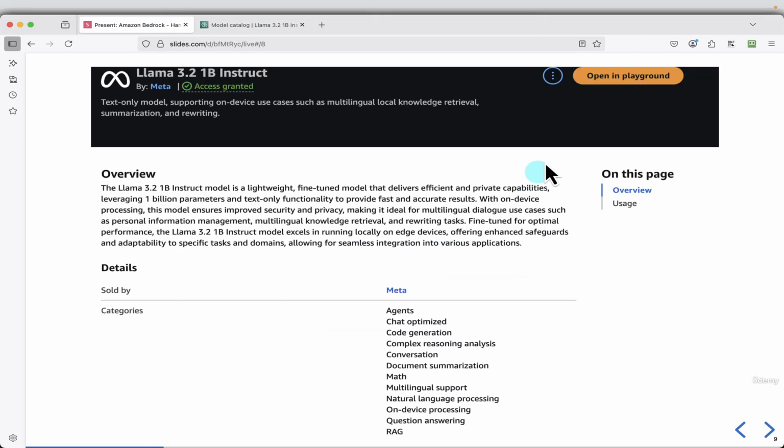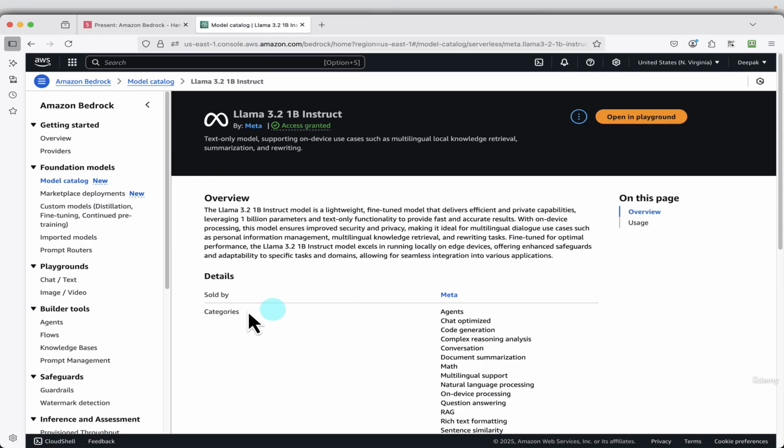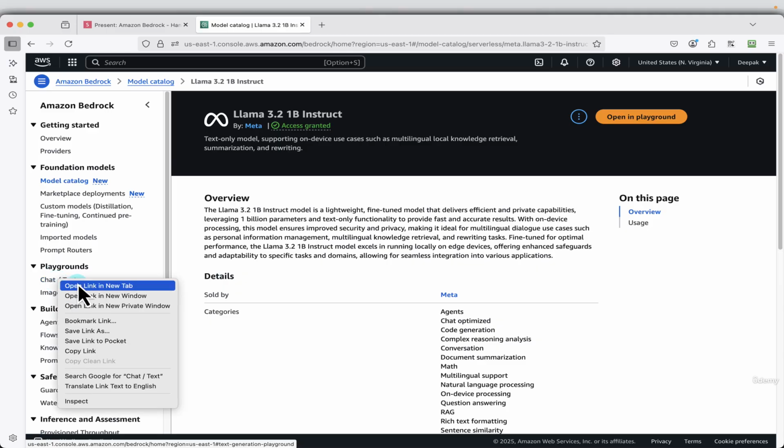You can open the model directly by clicking open in playground, or by going to the playground also. In this case, for example, I have opened 3.2 1B instruct. So I can click open in playground, or I can go from here also. Both ways will take me to the playground. Let's say I open this in a new tab,